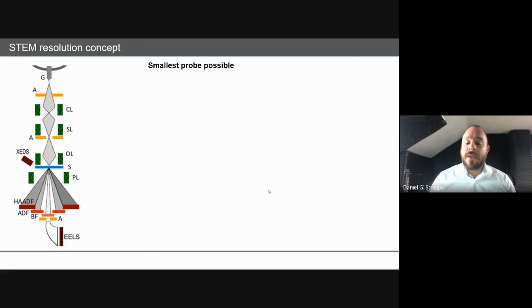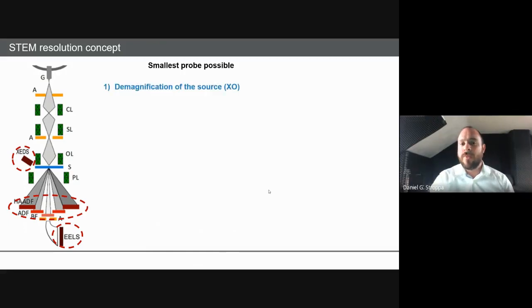And then there's a question of how bright the source is, so how many electrons you can demagnify to make an electron probe, and also a diffraction limit story. So basically, when you try to make a very small probe, you come across the diffraction limit. And this you get from Abbe's equation. So the minimum size that you're going to get is related to the wavelength and basically your convergence